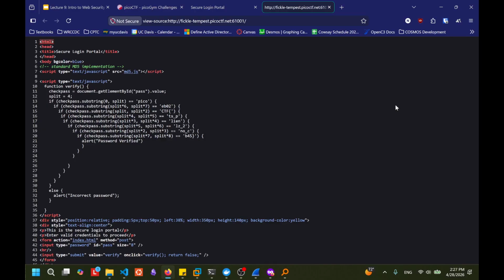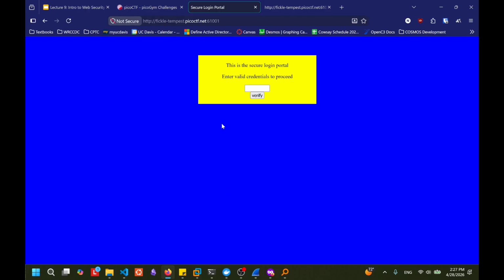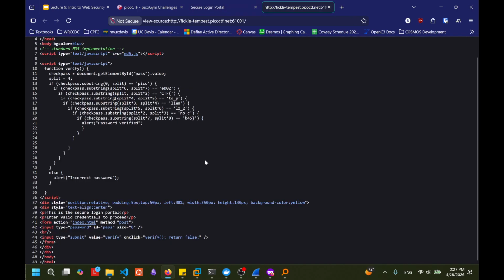Okay, what's so notable about what's going on? There's Pico right there. That's true. Pico CTF. It is kind of a dead giveaway, but essentially what the code describes is if you hit the verify button, it runs this function, and if whatever you put in matches this mildly obfuscated, but not that hard to decode string, you'll be able to retrieve the original password.